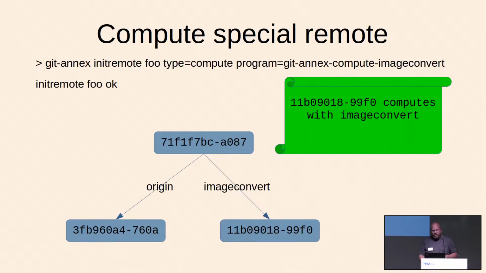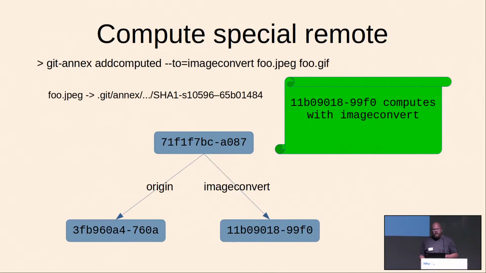So let's say we want to use it. The way we use it is we have a command, git-annex add computed, and we can say, I've got this foo.jpg already. I'd like to have a GIF produced from this JPEG, right? I'll run a command like this, and what this will do